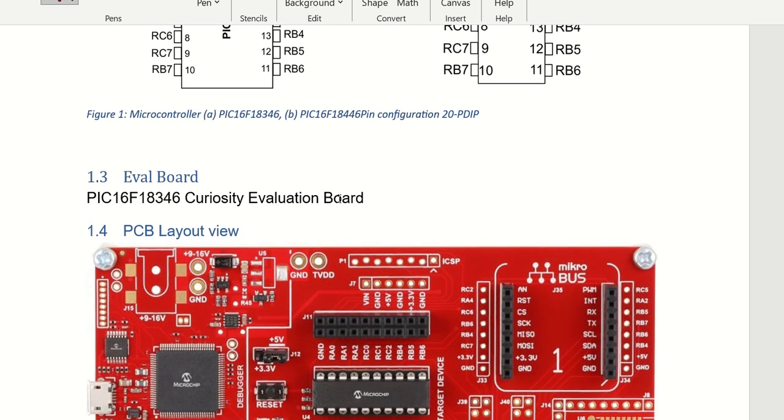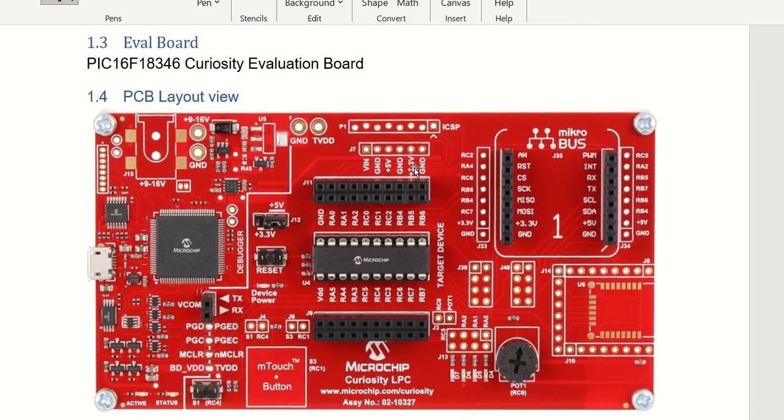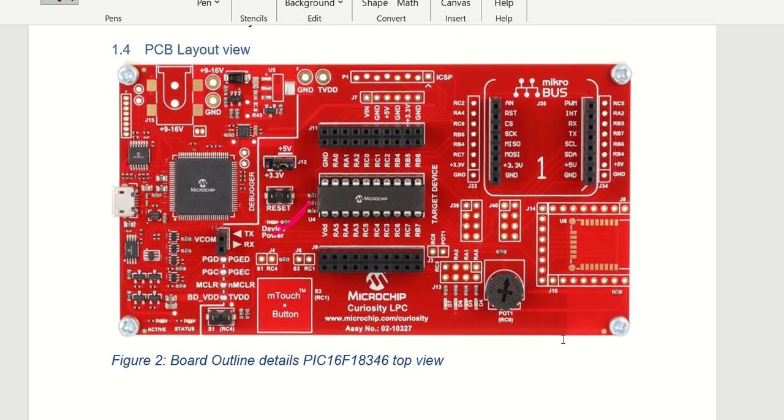We have the availability of evaluation boards from Microchip microcontrollers. Microchip Technology has actually produced the evaluation board as well. It looks like this, and we have several functionalities in this. We have already been programming using the same board that is there using